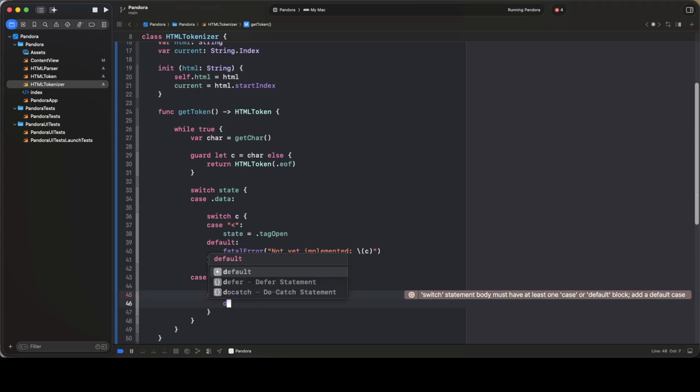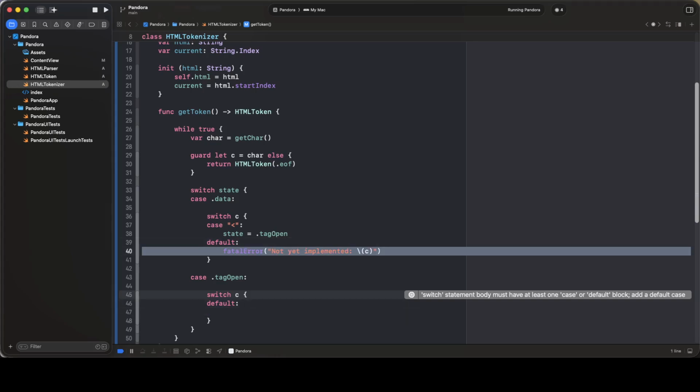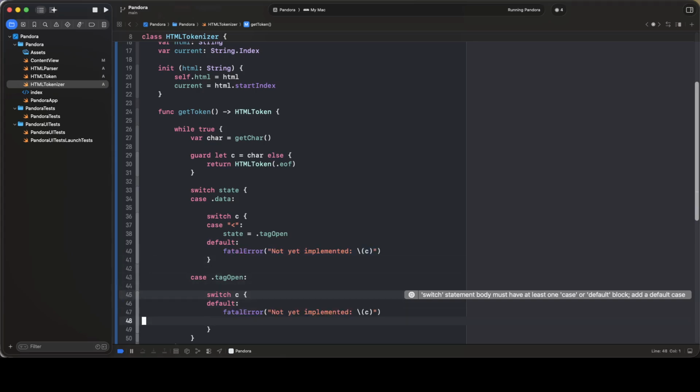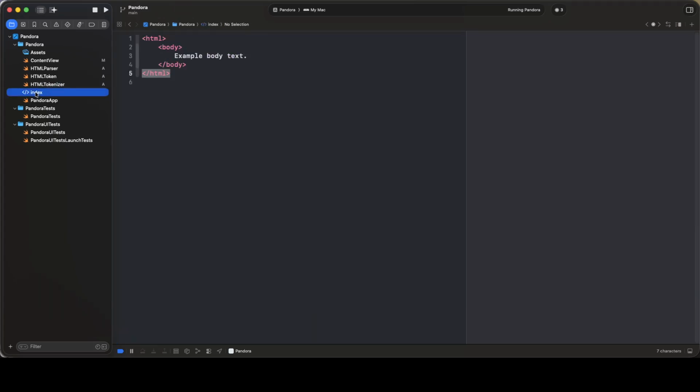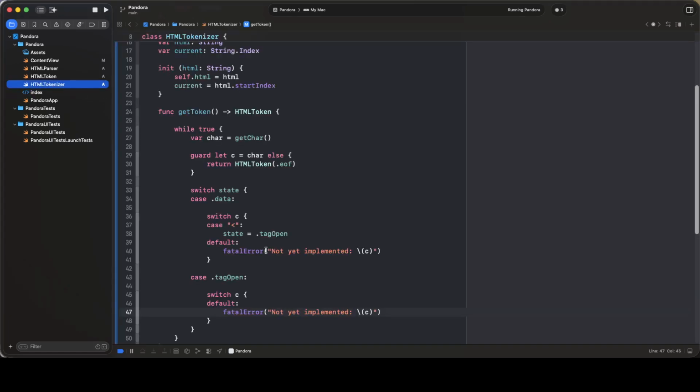And again, for the moment, I'm just going to put in a default that says fatal error. So the idea here is that I want to implement the absolute bare minimum in order to tokenize this HTML, and so I implement the bare minimum,